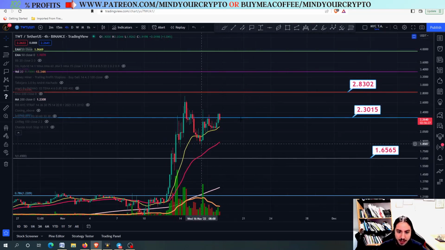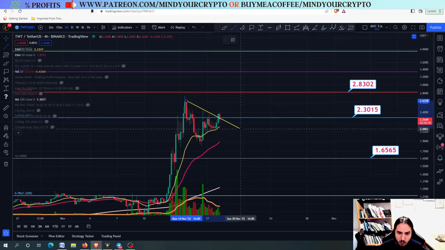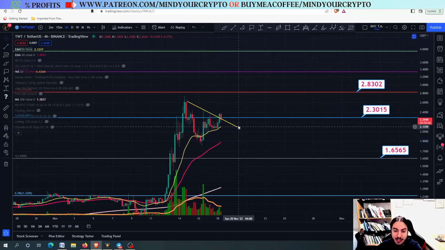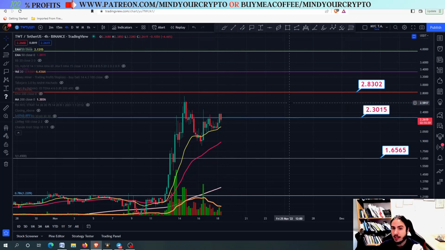Now, the bullish pattern could be the case that we are going all the way up higher to test the 2.83. You can see that we are having right here a lower high pattern in which we closed a little bit above here, and the higher low pattern right there. This is a bullish pattern formation, however, we have to wait and see a little bit the targets as we explained. If you want to make sure that we are going all the way up to the 2.83 from the 2.30, then it's fine.